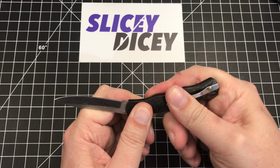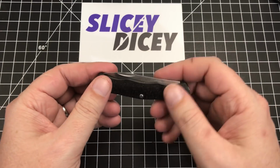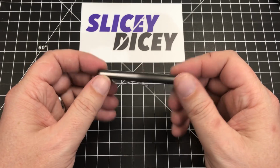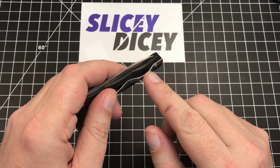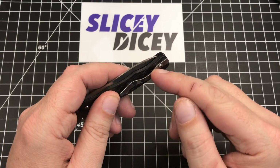It's S35VN. It's so sharp. And it looks really cool until you open it and see the Lucky One thing on it. But just sitting here closed, it looks great. Yeah, I'm thinking about calling Cold Steel and seeing if I can get a spare pocket clip, and then I might just take a Dremel to it and try and make it a